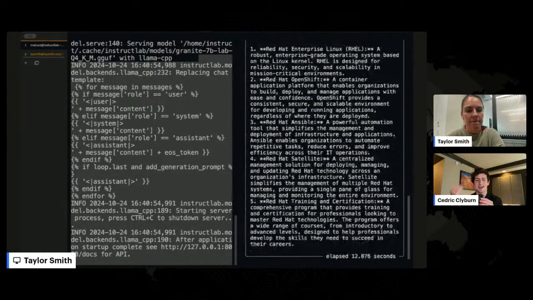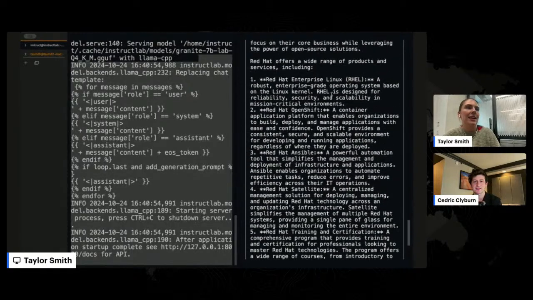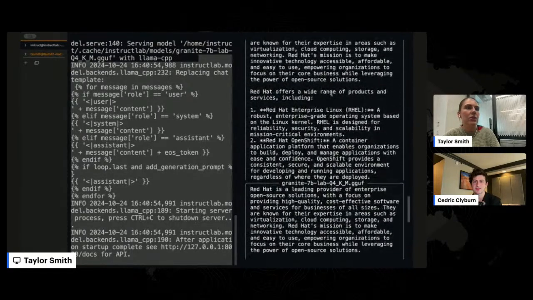And so I think that's super cool. You think of the chatbot front end that's actually talking to the service behind it, which I guess in this case is that model that you're serving, right? Yeah. So I just asked it, what is Red Hat, just to kind of show, of course, this is